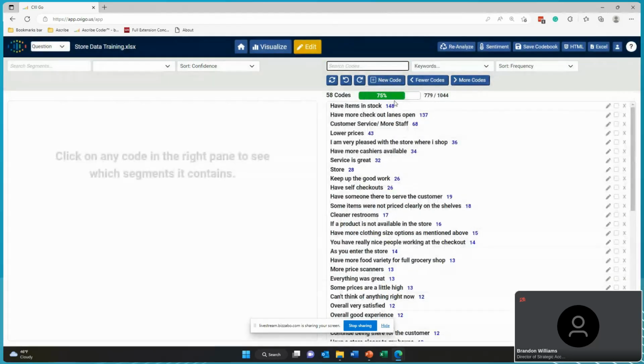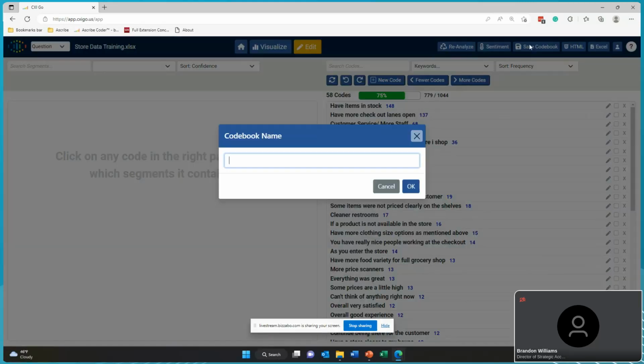If you can imagine a name, you can put the name in there and group whatever items you feel are important. So now at the end of the day, I'm not going to make you guys watch me go through all the rest of the themes here. I know that we're on a time limit. But if I were to have gone through all the themes, a couple of things that I can do from here are that I can save this. So if I want to save this set of themes here, I can save it as whatever I want.